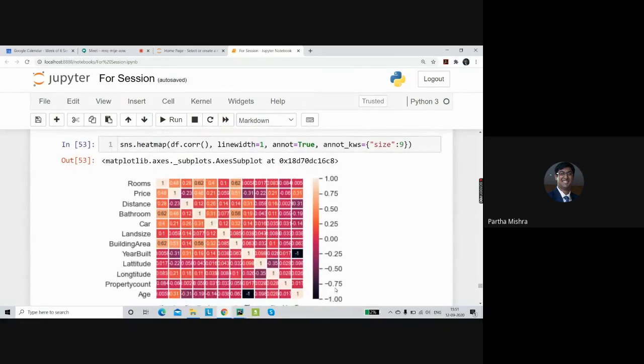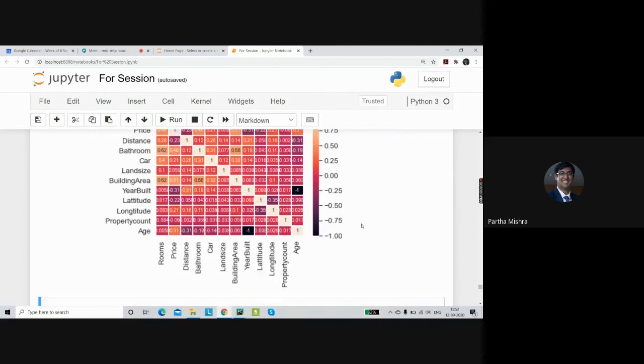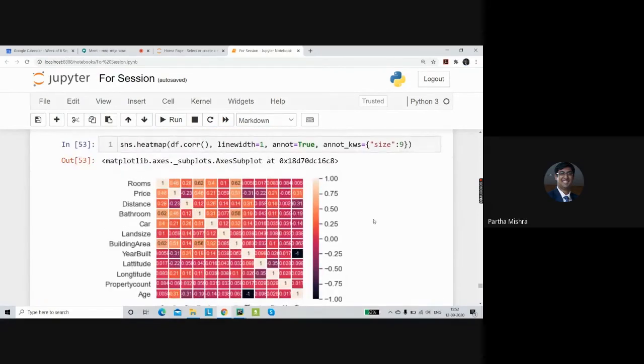Okay. In this, what we have to look for is, if you look at this particular C bar, which we actually removed while we were plotting out the missing values data. All right. This C bar is actually giving us a pretty good indication as to what we are looking for. Okay.